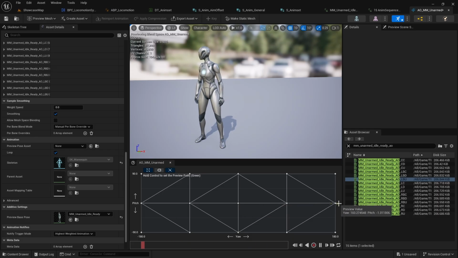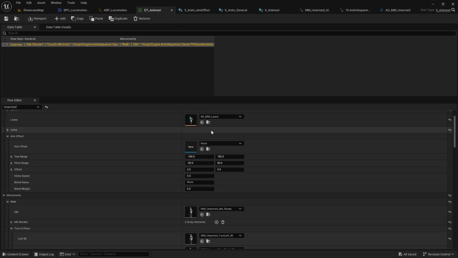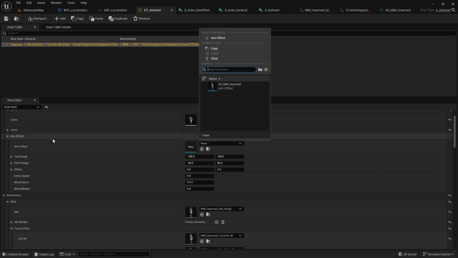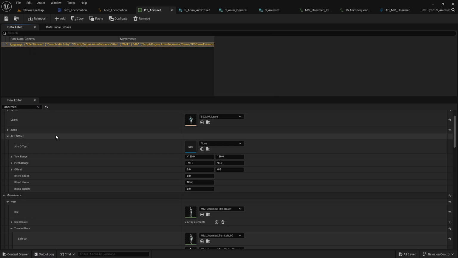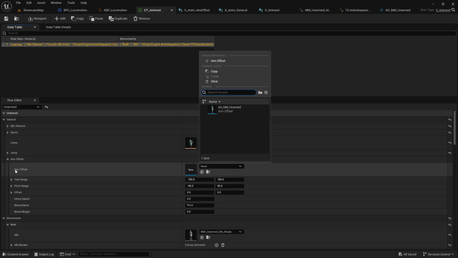And if I go to the right side, it looks right side. If I go to the left side, it looks left side. And also the diagonal movements are possible because since we use the blend space, the additive animations are blending properly. Okay. Now we can use this blend space inside our DT anim set. So I'll select this unarmed section, go to the aim offset category, and as the aim offset, I'll provide this